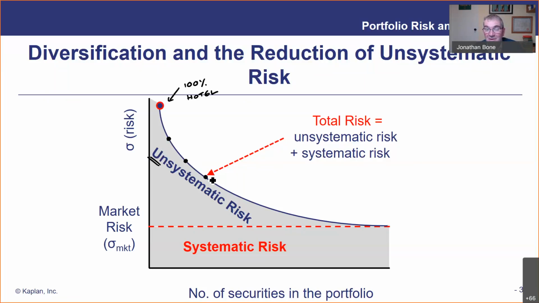Okay, of course, look, you're seeing a lot of unsystematic risk in the hotel industry right now due to COVID. So I think, all right, well, I'll also invest in some fintech stocks. Maybe invest in some Amazon, something like that. That will reduce some risk. Or I'll invest in some companies that produce semiconductors. Or maybe I'll invest in some companies that produce agricultural products. And what you'll notice, therefore, as the number of different companies that we're investing in increases, we are eliminating that unsystematic risk. Okay, so unsystematic risk is getting smaller and smaller and smaller until,